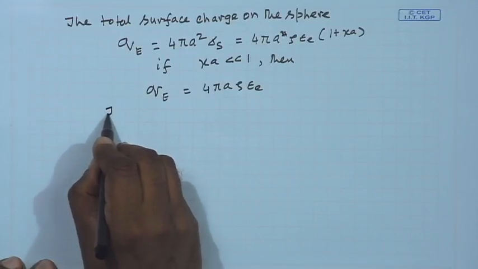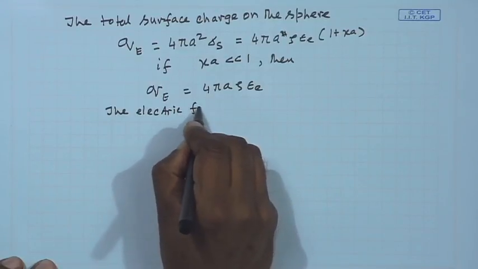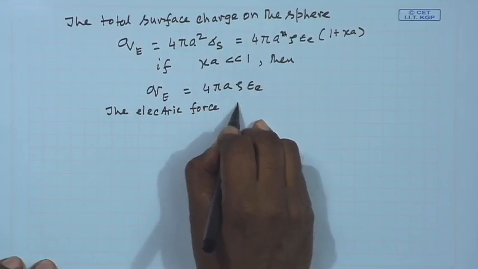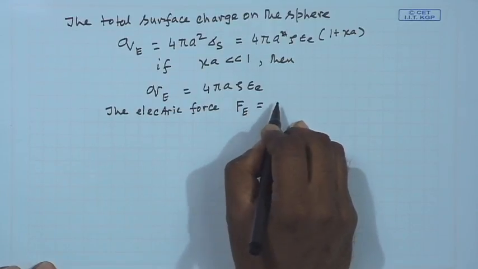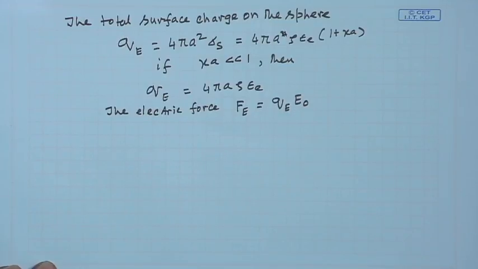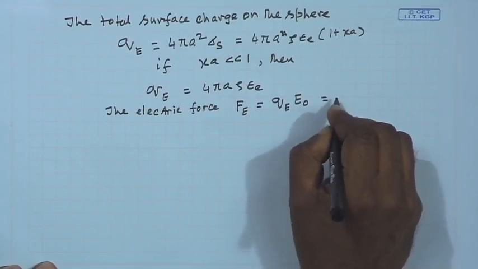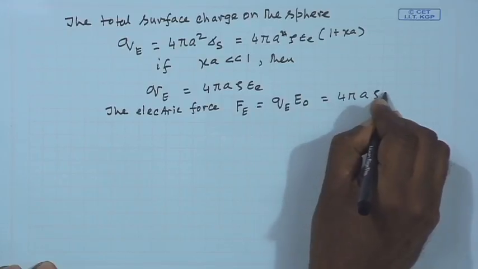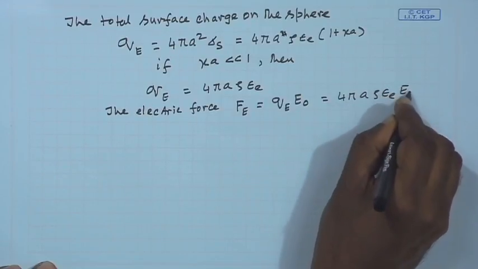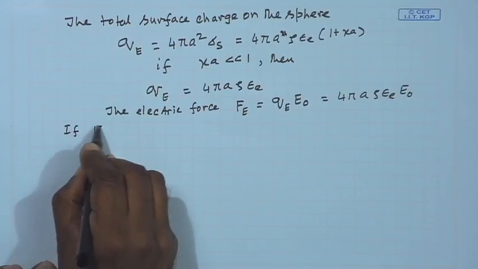So, the electric force in that case becomes F E equal to Q E E 0. E 0 is the applied electric field, which is along the direction of the propulsion. So, what I get, this becomes 4 pi A zeta epsilon E E 0. Okay. Now, if U E is the